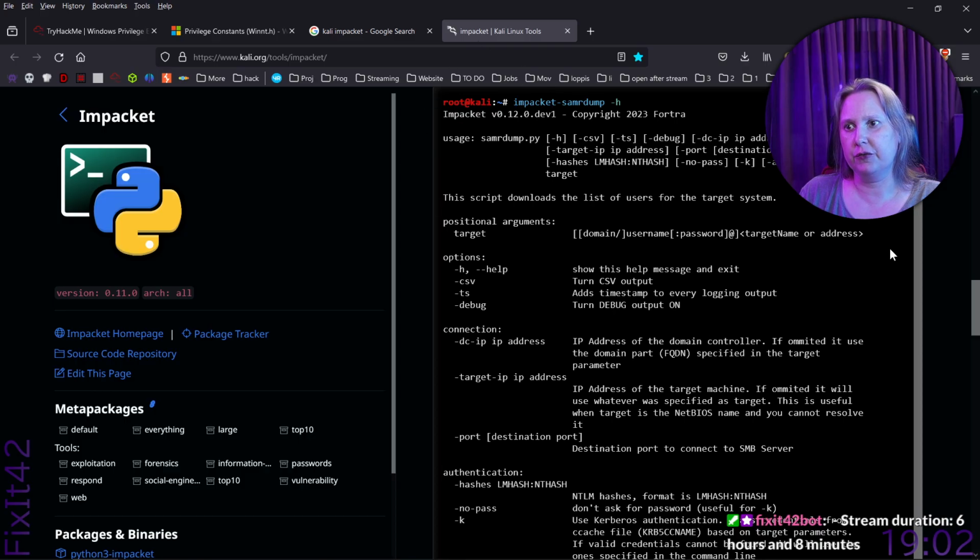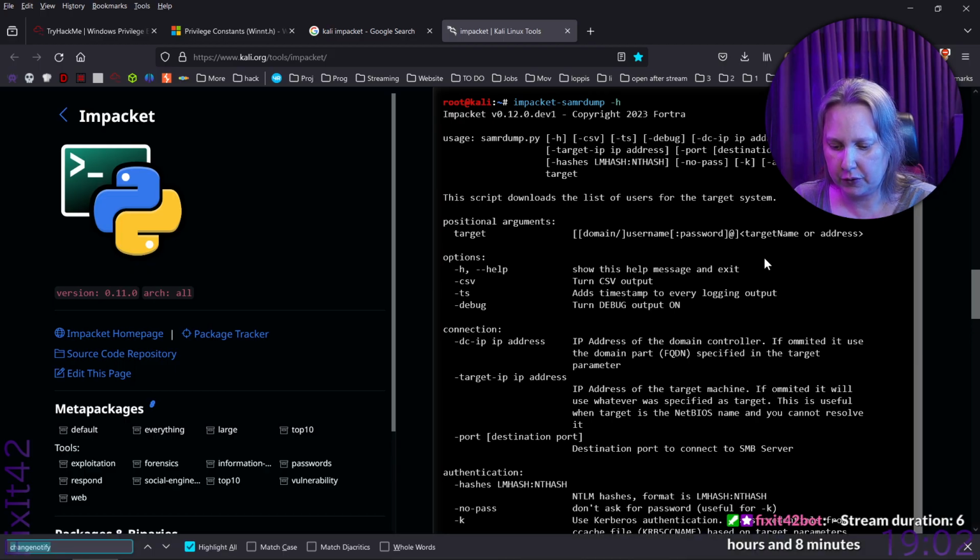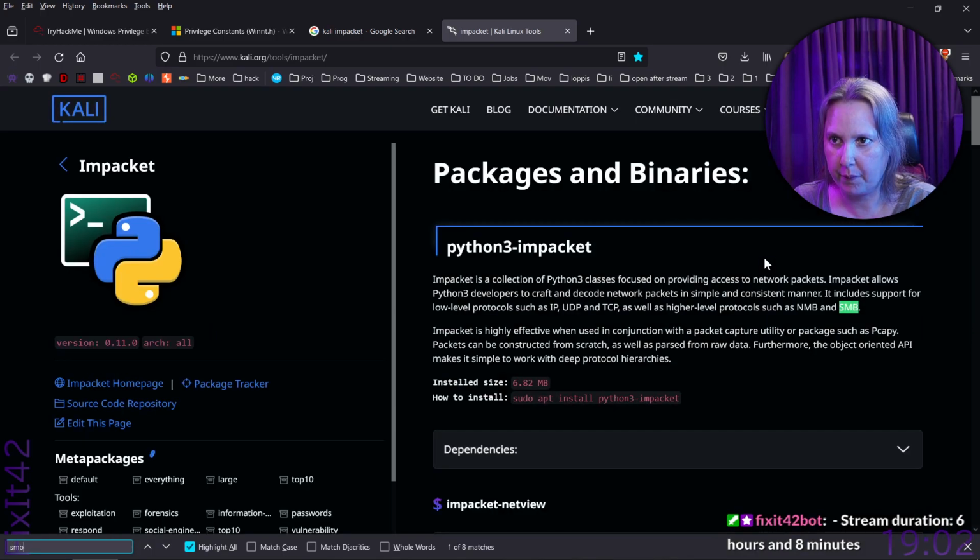I did search for it, let's do Control F SMB server. No, it's not there. SMB is found, of course, but